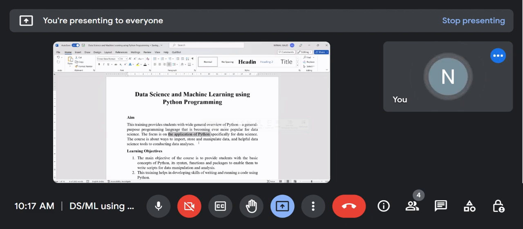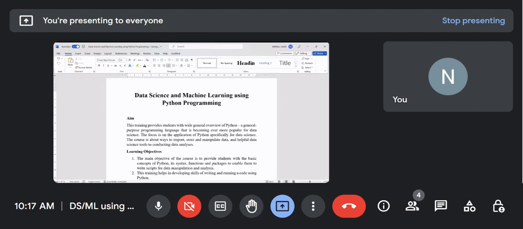How Python plays an important role in data science, its applications. And then in this training, we are going to learn how to import your data, how to store and manipulate your data,